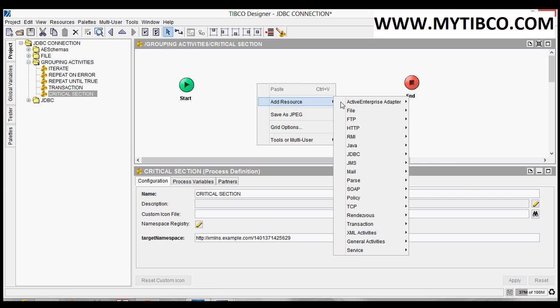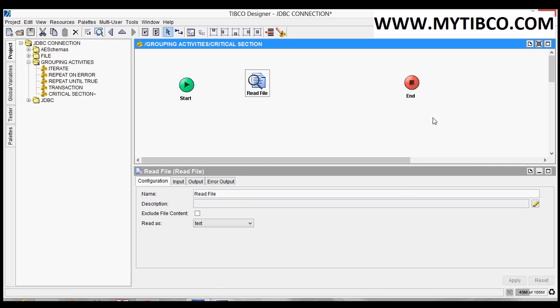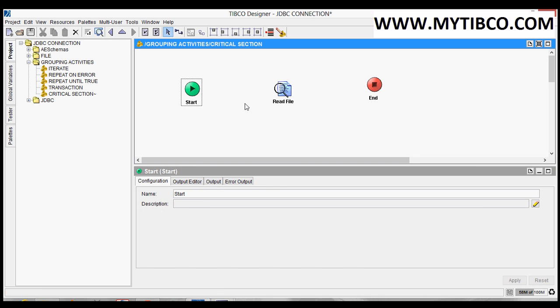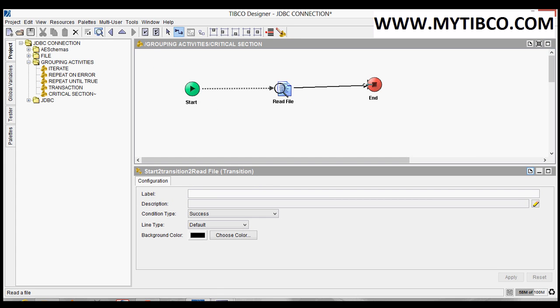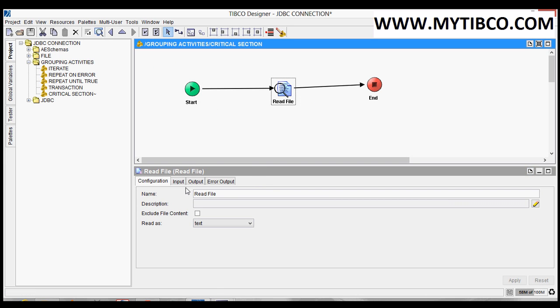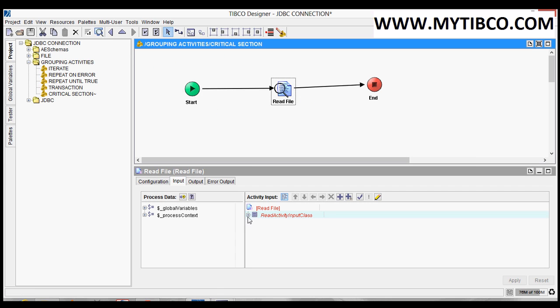Now I want to read a file. Read a file. The file name I am giving is in the D drive under the file folder, 123.txt.